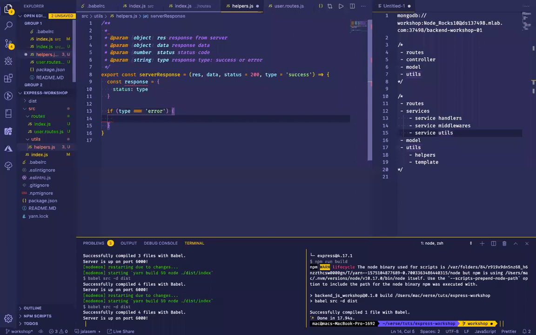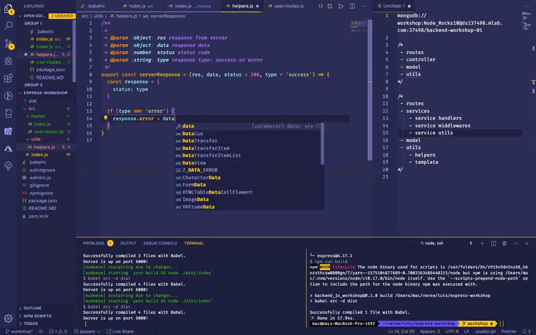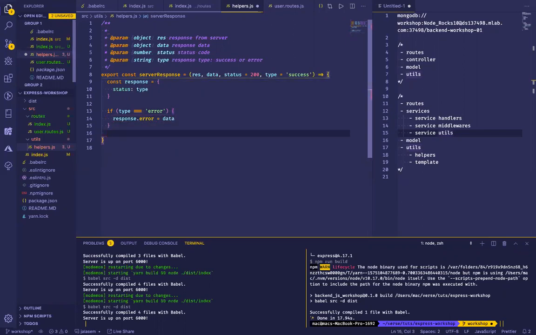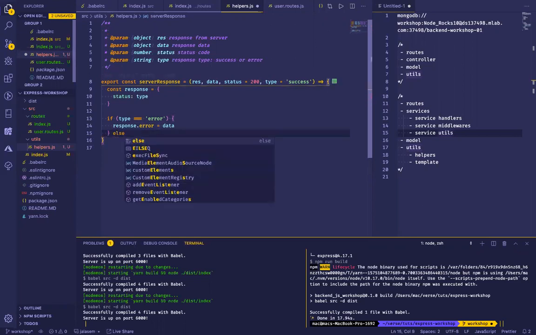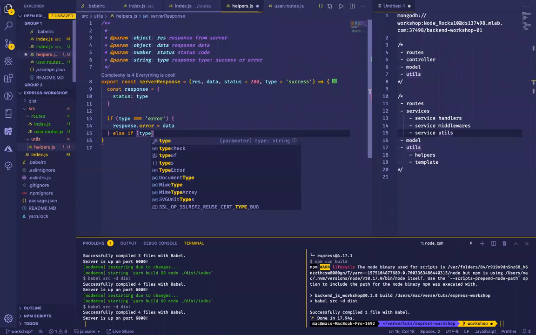So if the type of this response is equal to error, what I want to do is to say response.error equals the data, right? Now, else, if the type of data, the data that we are sending, is a string,